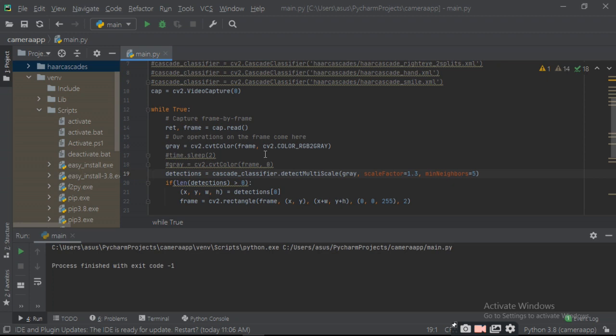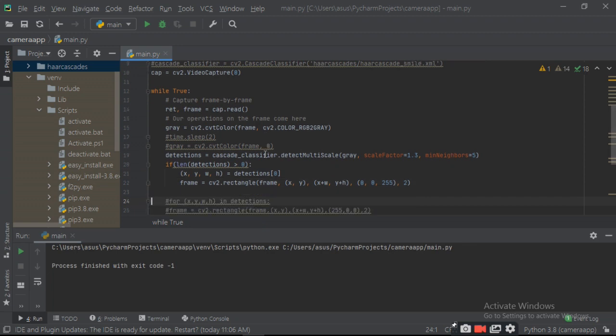Then frame equals to cv2.rectangle, frame, x comma y. It will give you the first position. Then the width of the object and the height of the object, and then 0, 0, 255, which is the frame color red, comma 2.